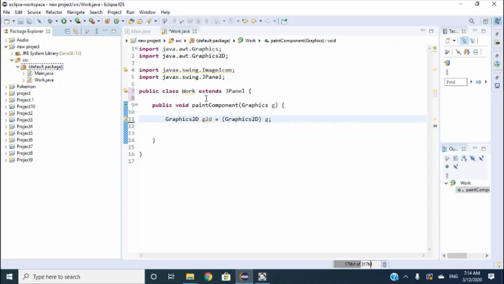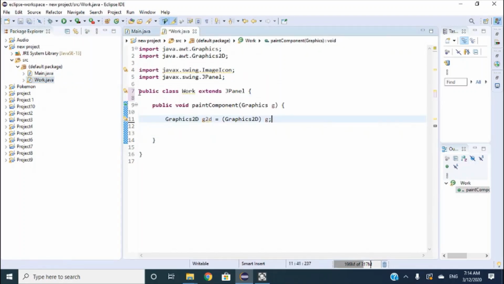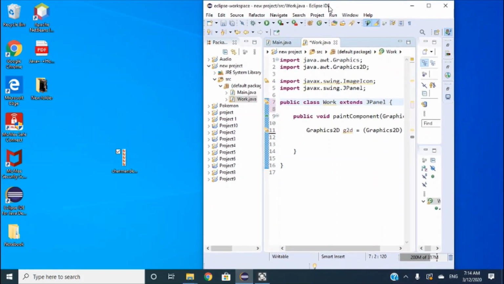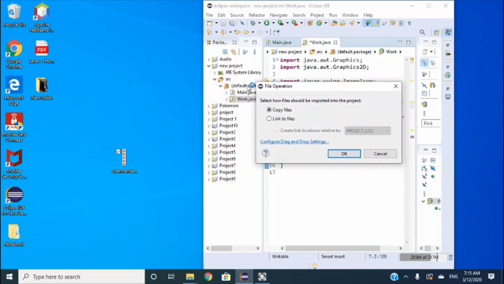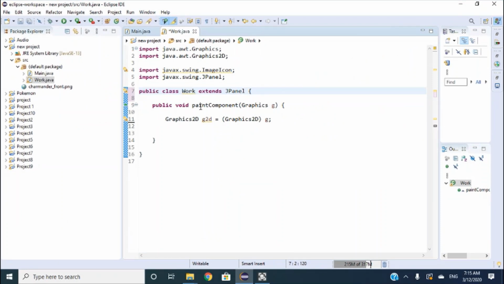I have already created my JFrame and my JPanel. So first thing I'm going to do is drag the image into the source folder. Okay, now we can